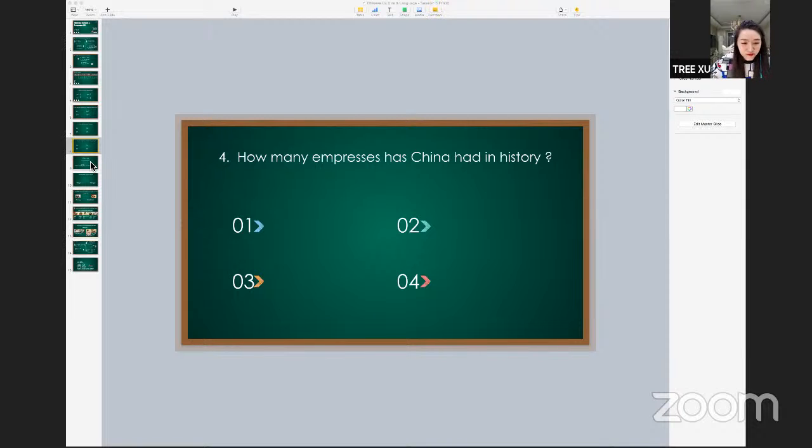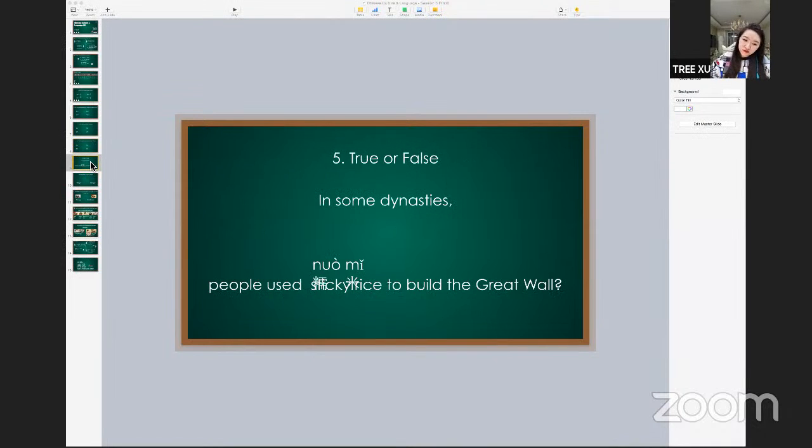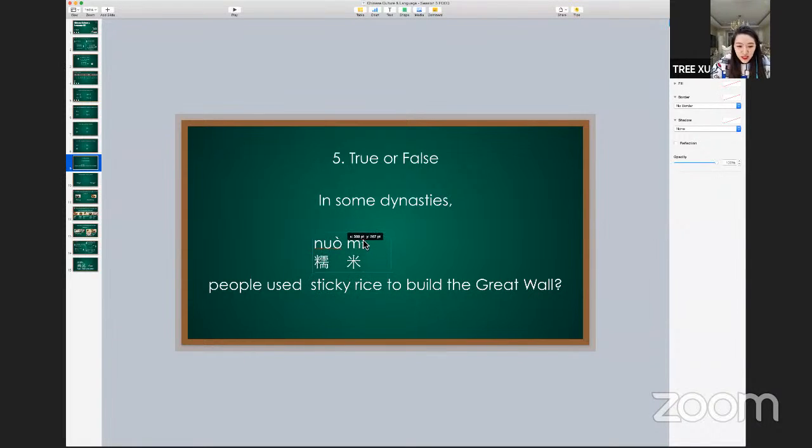So next one, since we are about to learn about food, let's have some food quiz. In some dynasties, people used 糯米 to build the Great Wall. Is that true or false? 糯米, sticky rice. Emily said true, 是对的还是真的还是假的呢？ True or false, 真或假？